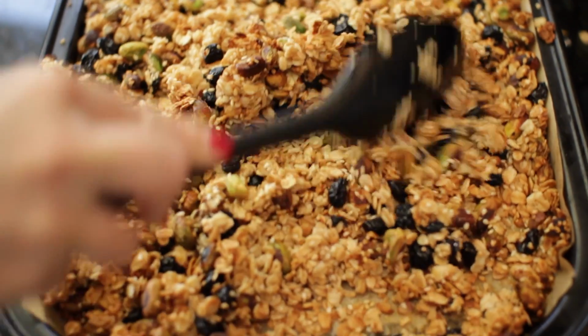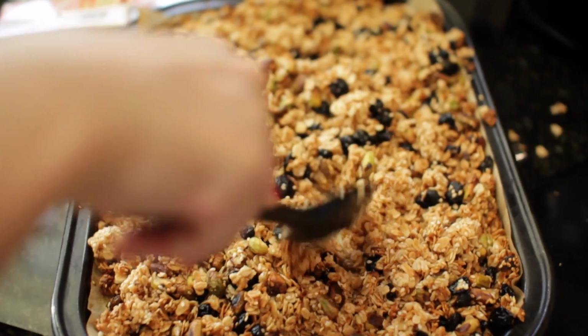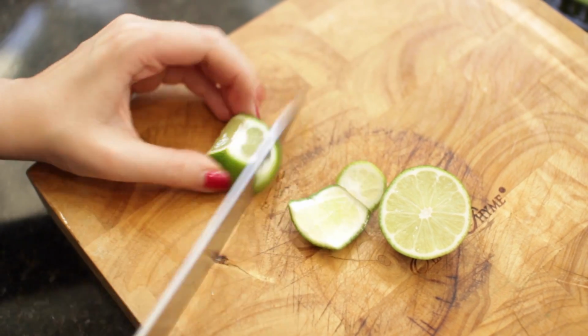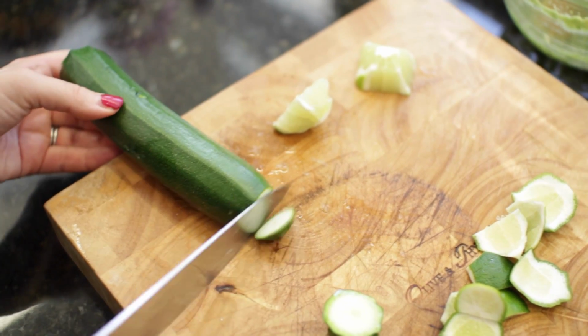Back to the granola again, you just want to give it a bit of a root around, make sure that it is all browning evenly again. And then we are going to our lovely green juice. We're going to start off with a lime. You want to cut the peel off the lime, then we're going to use 1 courgette, top and tail it,